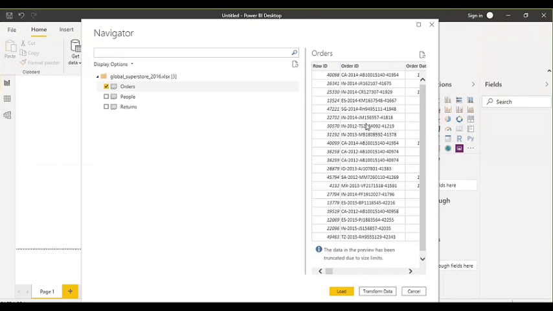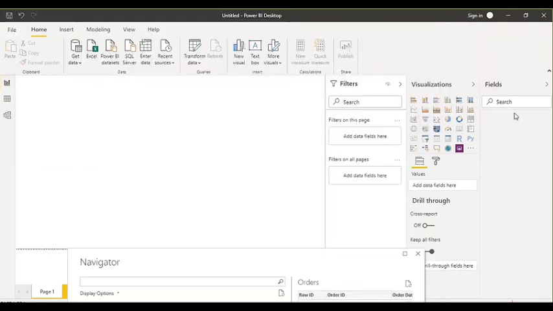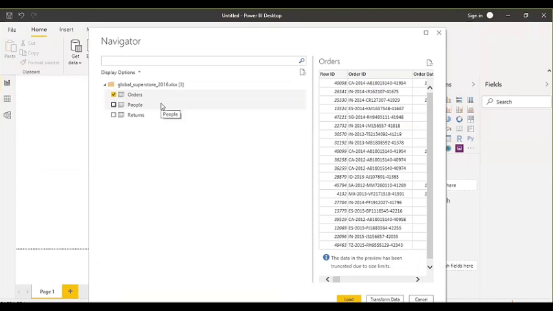The data right now is not in your hard disk, or physically it's not available in the Power BI desktop. If I minimize it, you see that nothing is available in the Power BI desktop. The data you see in this window right now is in memory. So that's why it has been said that when you load the data, Power BI can hold your data in the memory, and you can transform, you can do the data modeling when the data is in memory.